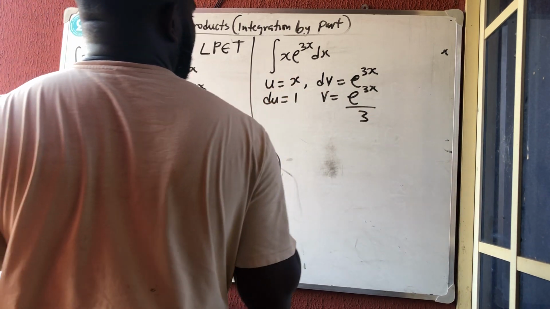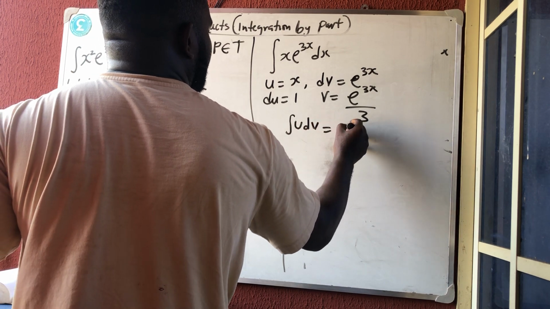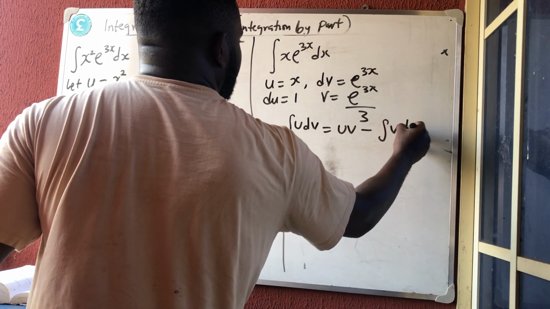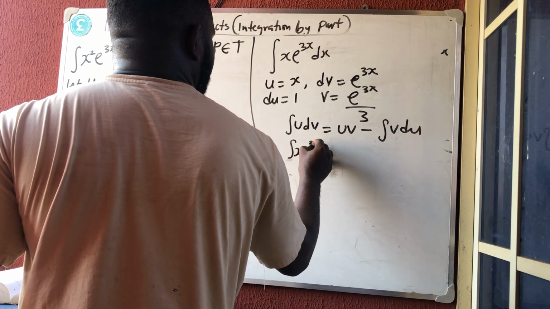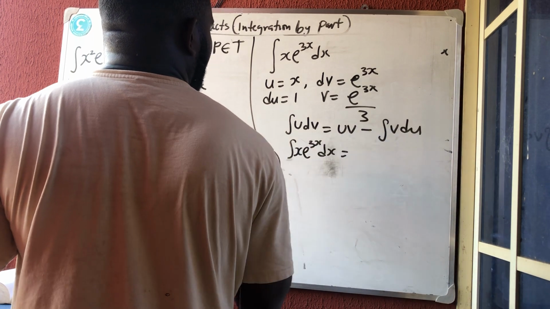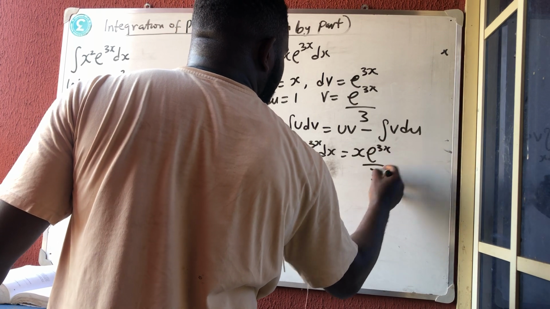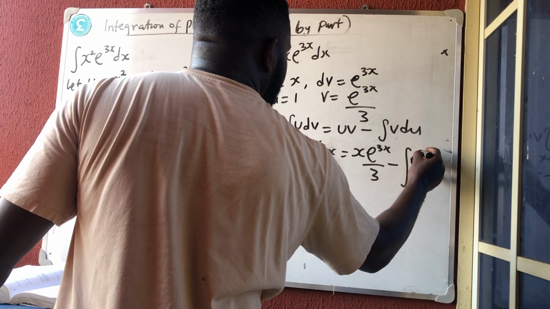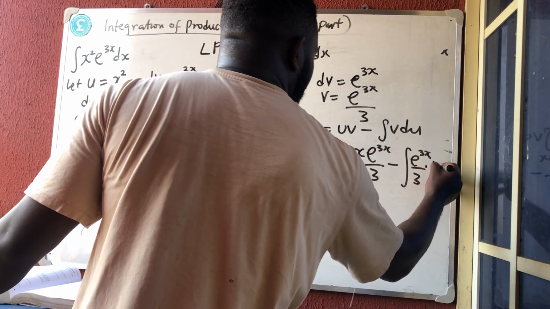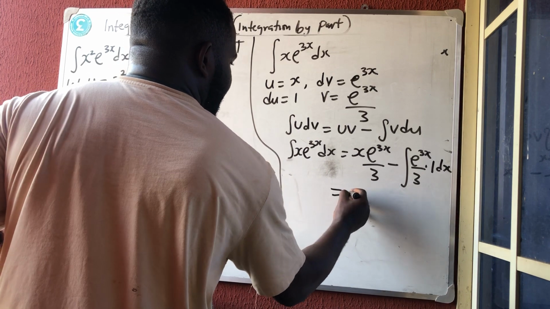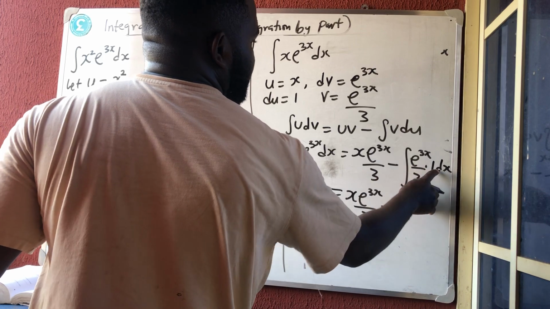Okay, so let us substitute in our formula, which said integration of u dv is equal to uv minus integration of v du. So we said the integration of x e raised to power 3x dx is equal to u is x, v is e raised to power 3x over 3 minus the integral of e raised to power 3x over 3 times du, which is 1 dx. So what do we have now? We now have finally x e raised to power 3x over 3 minus anything times 1 is the same thing,